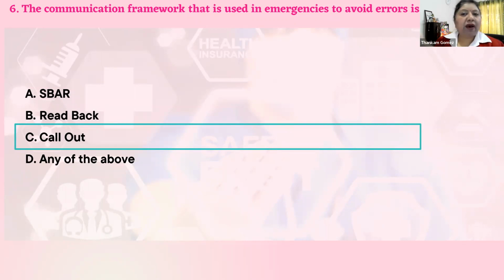Those who have attended ACLS training would appreciate that call out is practiced and trained in that code, right? The nurse says, 1 milligram adrenaline loaded. Doctor says, please give it. The nurse says, 1 milligram adrenaline intravenous given,